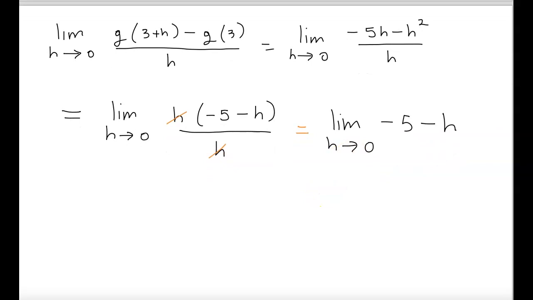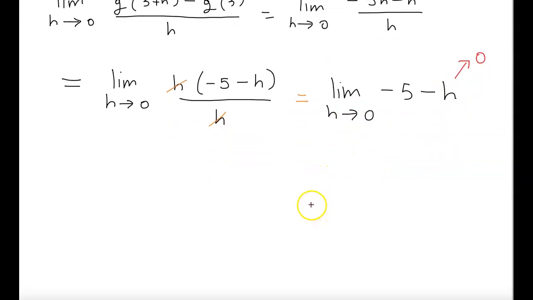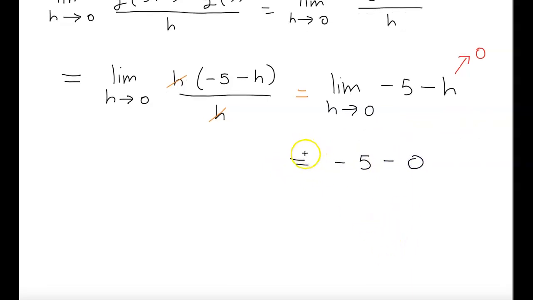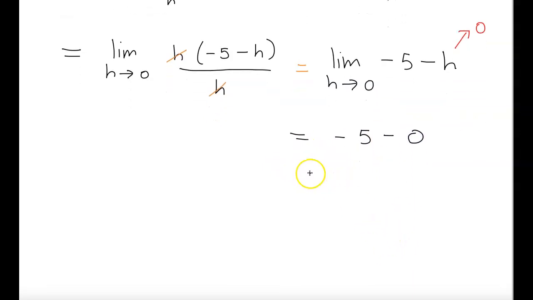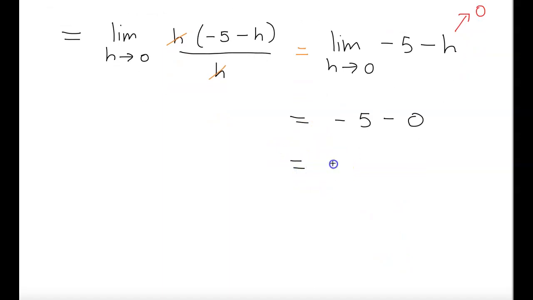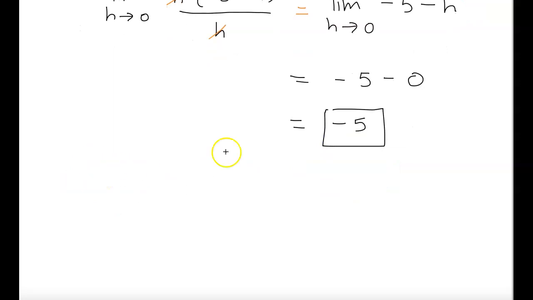And now we know h is going to 0, so now I can directly substitute 0 for h, right? So I know this is just going to be negative 5 minus 0. And I don't need the limit anymore because I'm evaluating at this point. And negative 5 minus 0 is simply negative 5, okay? So this is the derivative,